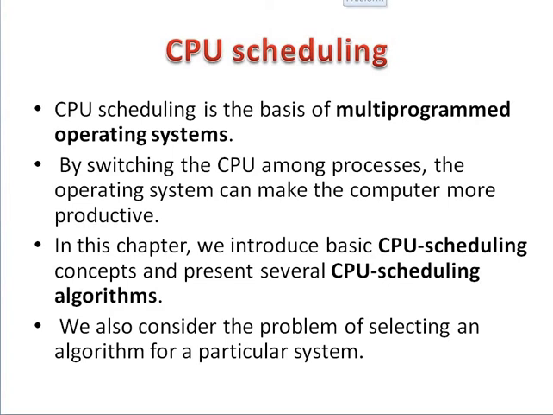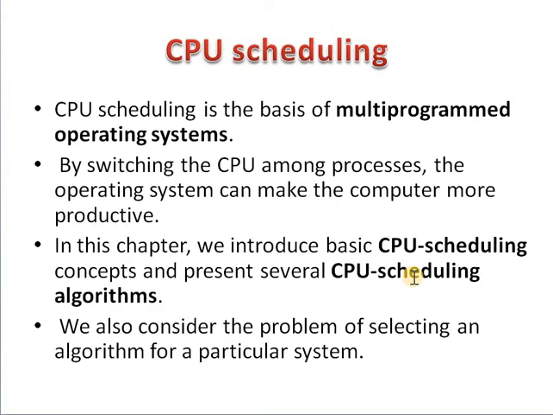In this chapter, we will see the basic concepts related with the CPU scheduling. And we will also study the different algorithms useful for the CPU scheduling. There are different types of algorithms like first in first out algorithm, priority scheduling algorithm, round robin algorithm, etc. These are the different CPU scheduling algorithms used for scheduling the different processes that are executed in a multiprocessing system.